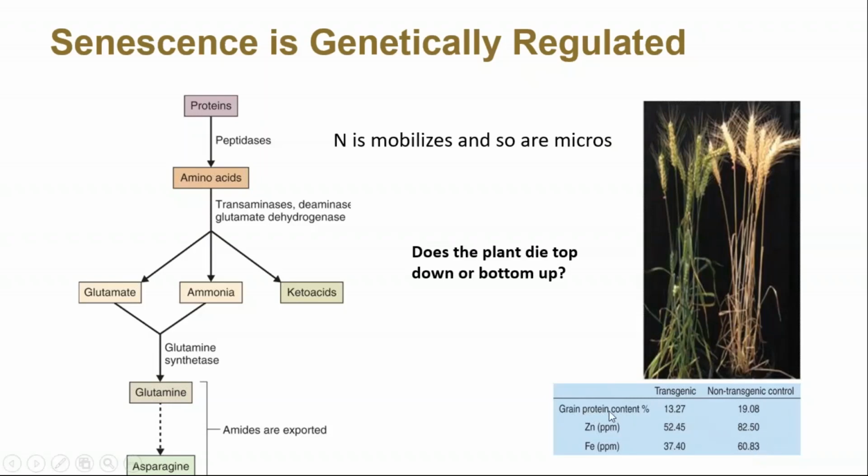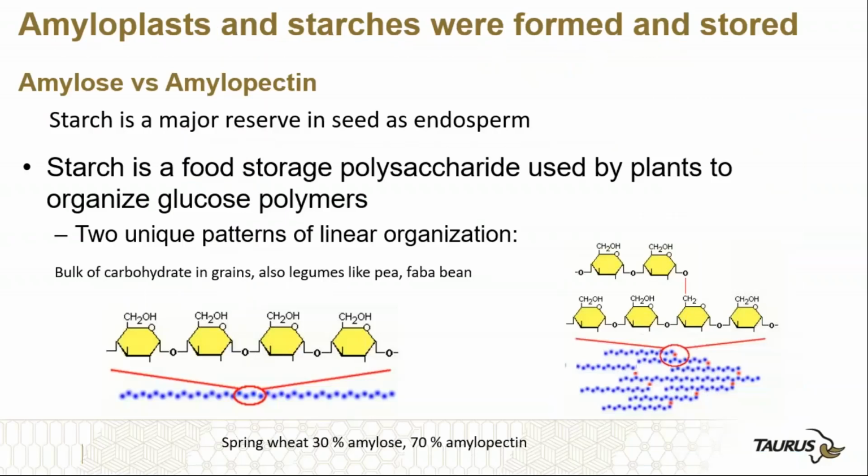So the stay green gene did not perform. In fact, because the plant did not senesce, it didn't have time to move the nutrients from the roots and all the leaves into the head, and in fact, the program failed. So our plants need to go through this process because they evolved that way over the last several hundred million years. It also takes all the starches and plugs it into the endosperm and mixes it with the protein.